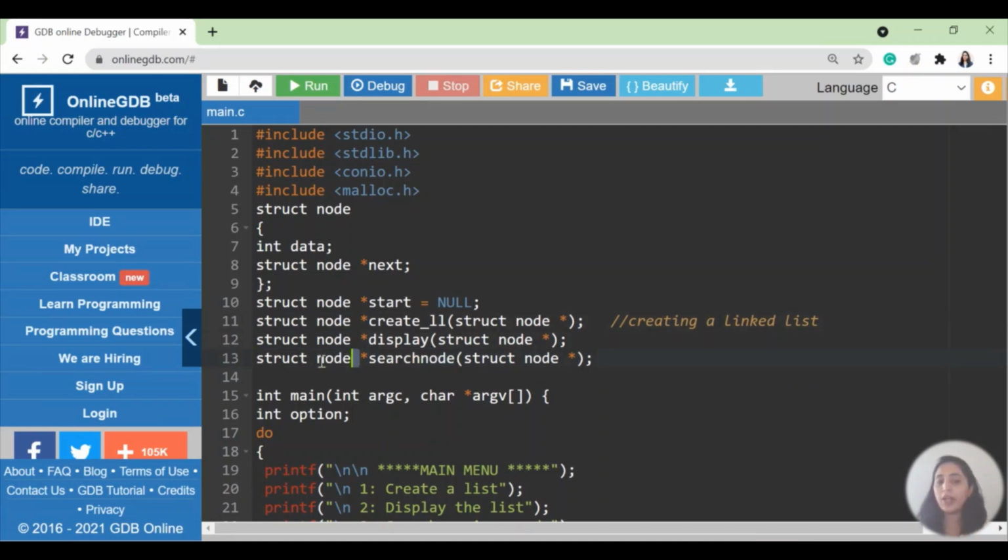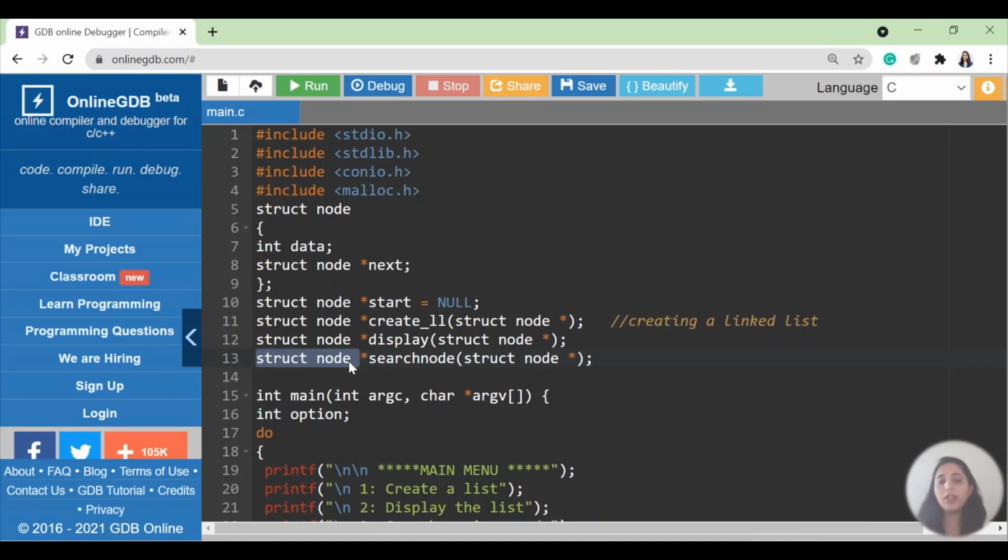Because the start is of type struct node pointer, we are writing the output as a struct node pointer. Why am I giving start as an input and start as output every time? Because sometimes when I create my linked list or make any changes in it, the start may keep changing. For example, if you delete something from the beginning. Not exactly in these functions, but we will be doing that in the insert and delete functions. So it is a common practice whenever we're writing something with respect to the linked list, all the functions normally give start as an input variable and start as an output variable.